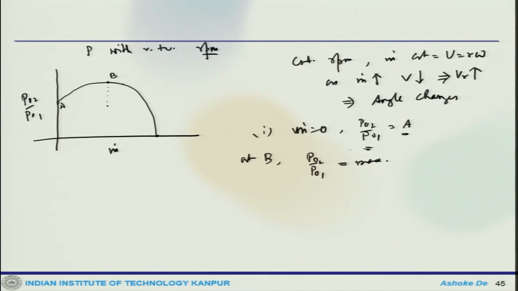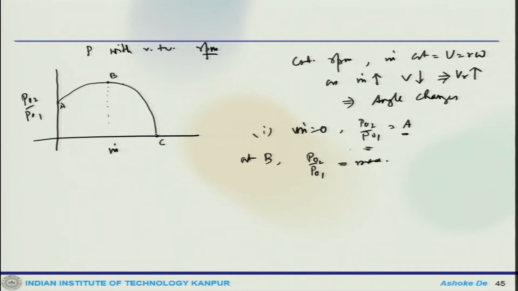So, further increasing beyond that point will result in a decrease in P naught 2 by P naught 1, and probably it reaches some point C. Now, hypothetically, let us say when the valve is fully open, the pressure ratio may drop to unity because of the very high losses. So, this will be here. So, all the power is absorbed to overcome the internal frictional losses. This is hypothetical; this may happen.